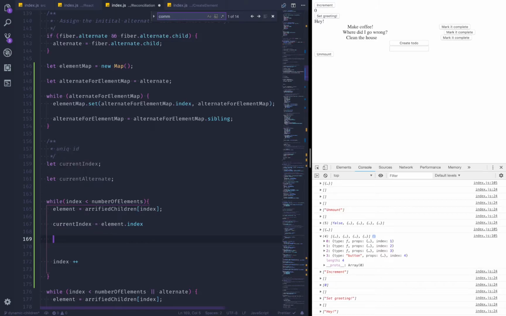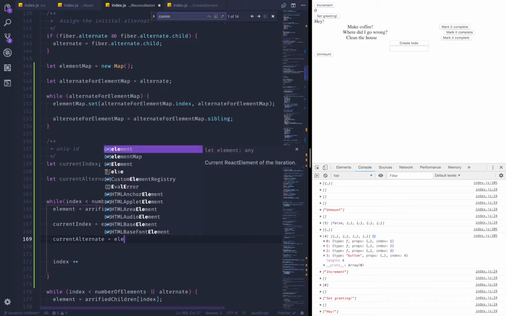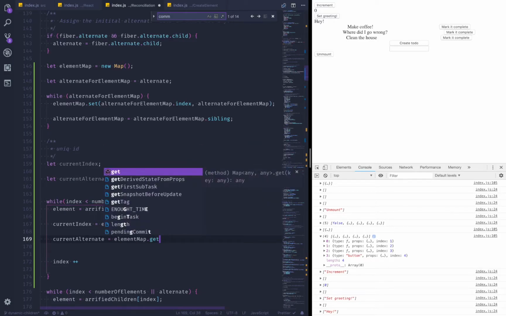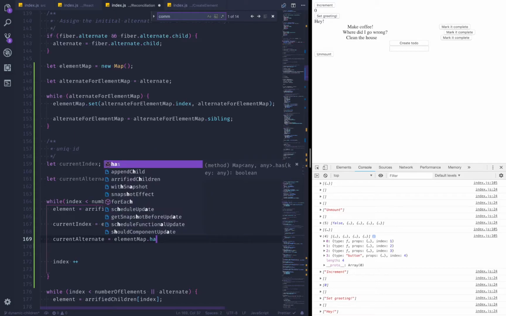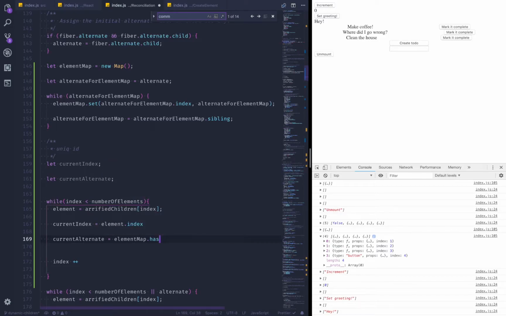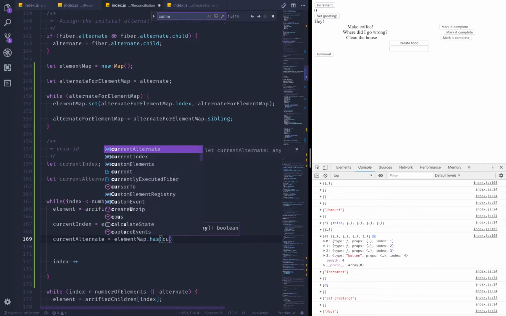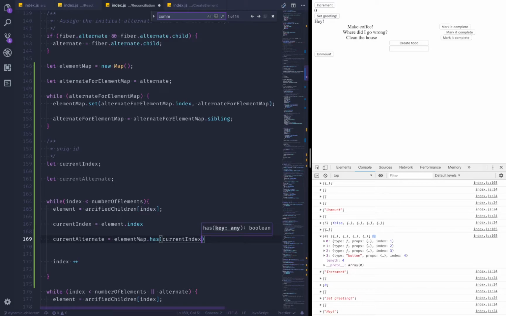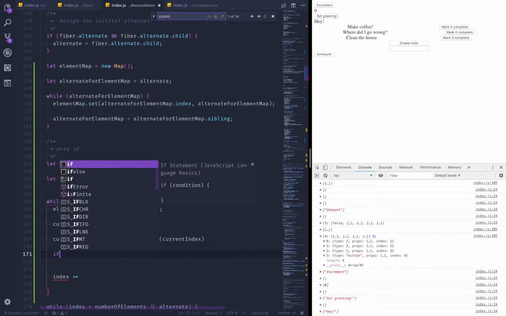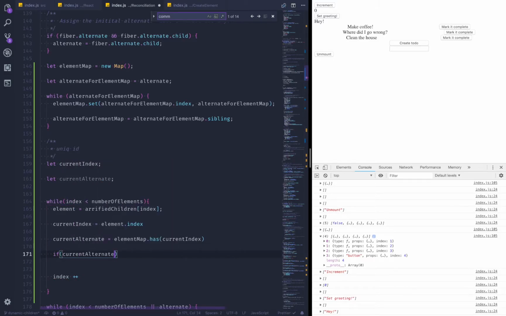So current alternate will be equals to, and now we're gonna utilize our map. So element map and get or has. I think it has a has method. So for now we're just gonna see if it has. Okay, so now we're checking if there is an alternate, right? And now we have a pretty clear branching. So if current alternate, that means that it's clearly gonna be an update,